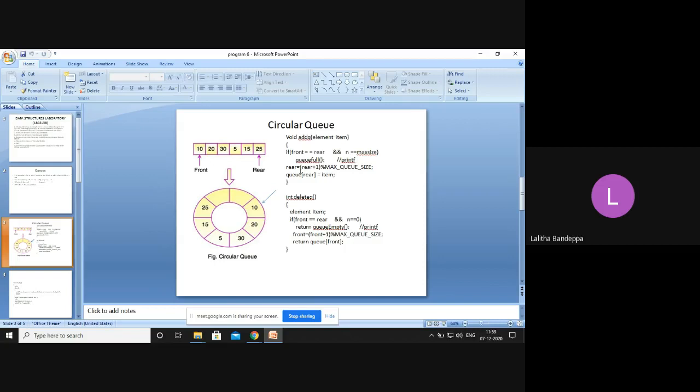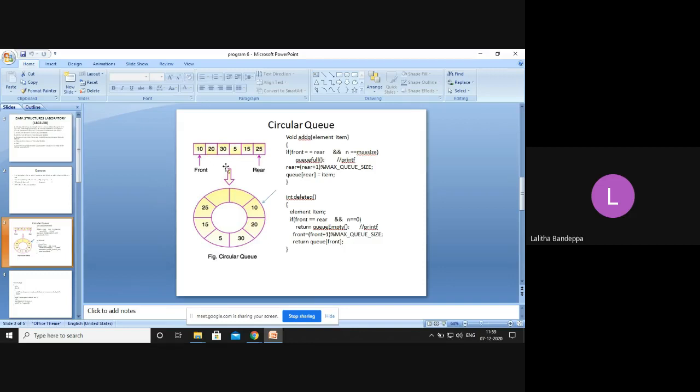Circular queues always have a fixed size, and a circular queue also follows the same FIFO principle, first in first out. So queue items are added at the rear end and items are deleted at the front end of the circular queue.